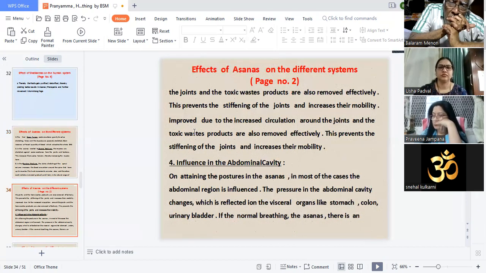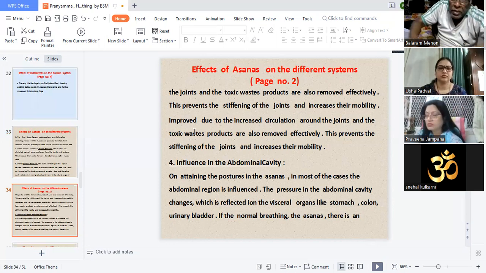Fourth, influence in the abdominal cavity. On attaining the postures in the asana, in most of the cases, the abdominal region is influenced. The pressure in the abdominal cavity changes, which is reflected on the visceral organs like stomach, colon, urinary bladder. In the normal breathing in the asana, there is an